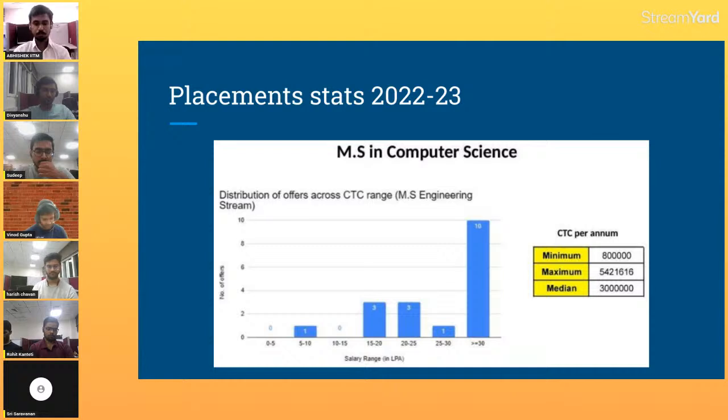Okay, thank you, Vinod. So, welcome to all on the stream. Talking about the placements of MS, as you can see, the placement of 2022-23 stood at a median of 30 LPA, and that is almost equal to, and we can say even greater than, what is of M.Tech CSE at IIT Madras. And talking about this year's placement, I can say that the average is almost equal to last year, and maybe it will stand around 30 LPA this year too.